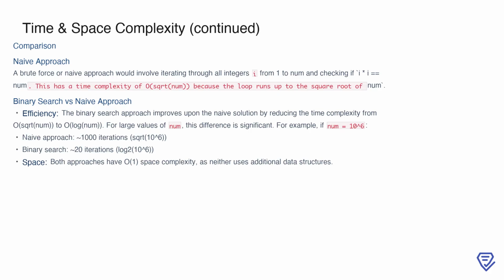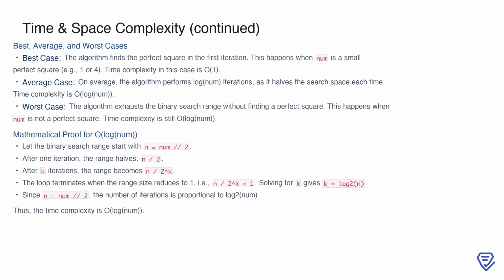For instance, if number equals 1 million, the naive approach requires approximately 1,000 iterations, while binary search completes in about 20 iterations. Both methods use constant space, O(1), but the binary search is significantly faster for large inputs, making it the more efficient choice. The performance of the binary search algorithm can be further categorized into best, average, and worst cases. In the best case, the algorithm finds the perfect square in the first